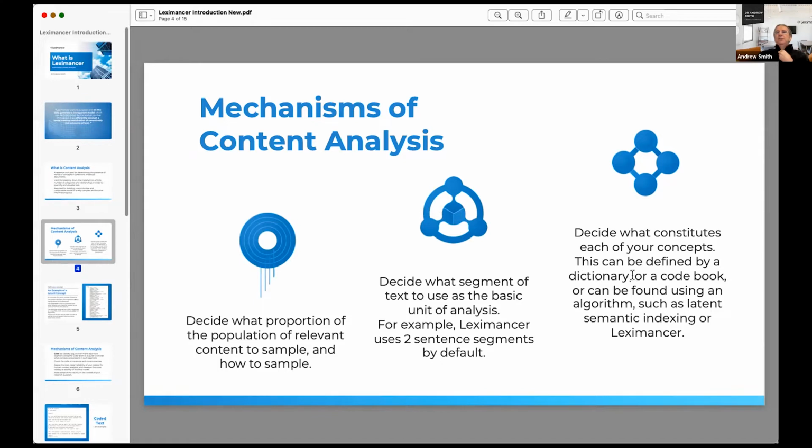So then the question of what constitutes each of your concepts, that is key. I mean, that's the key of being a scientist or researcher, having experience of the literature, of the content, of the community that you're getting data from, to know what are the important concepts.